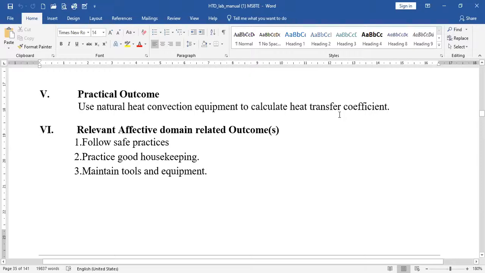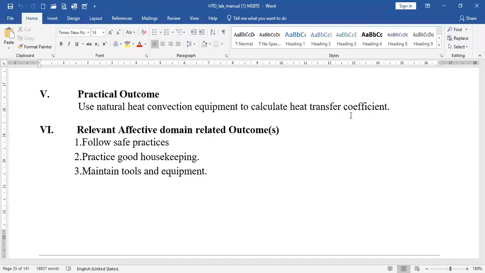So we have already discussed in the theory that the heat transfer coefficient is the new terminology incorporated in the convection part, because we are using the thermal conductivity and other parameters in the conduction part. But when we are dealing with fluids, that is, with liquids or gases, then we have to use the heat transfer coefficient instead of the thermal conductivity and thickness parameters in the formula.